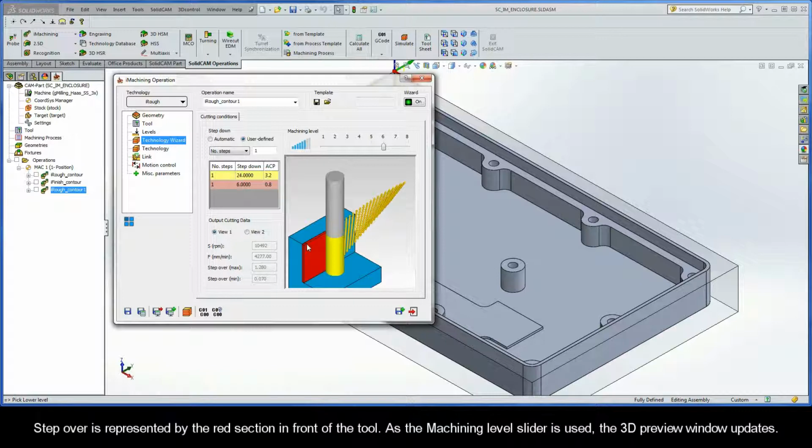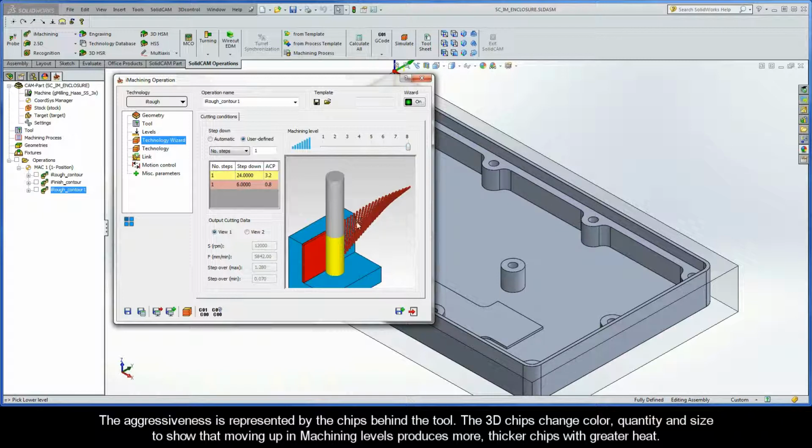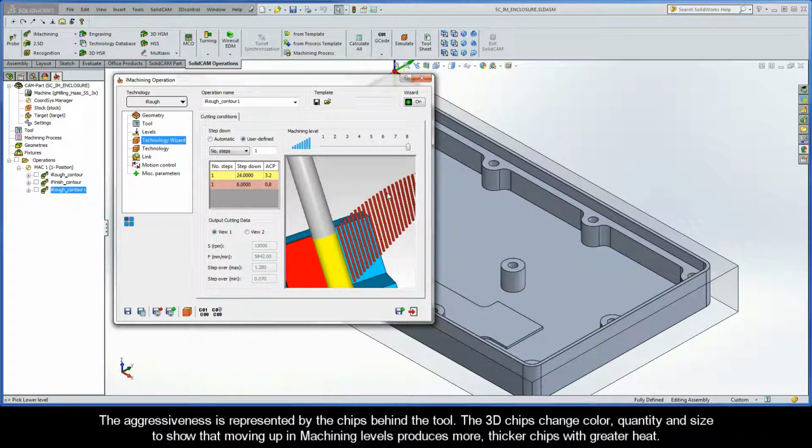Step over is represented by the red section in front of the tool. As the machining level slider is used, the 3D preview window updates. Levels 1 through 5 contain different step over values, and the remaining levels have a consistent step over. The aggressiveness is represented by the chips behind the tool. The 3D chips change color, quantity, and size to show that moving up in machining levels produces more, thicker chips